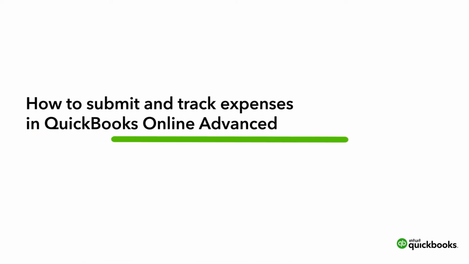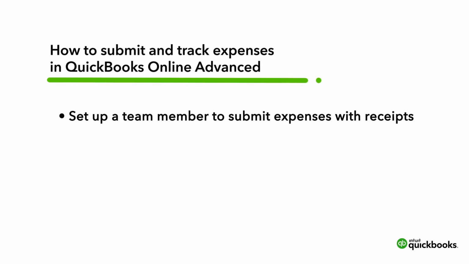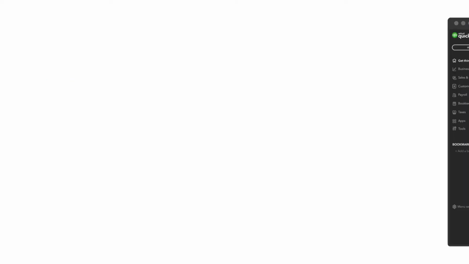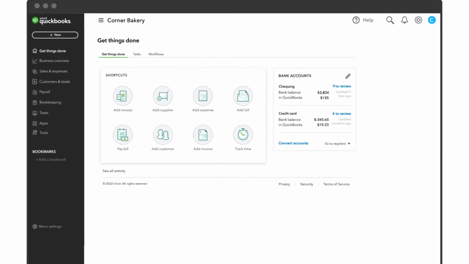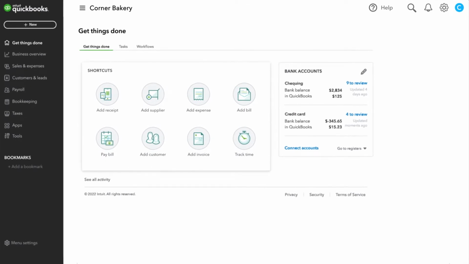With QuickBooks Online Advanced, your team can submit their expenses with categories and upload receipts for you to review. This helps you track and record employee expenses all in one place. Let's learn how to set up a team member so they can submit expenses with receipts, track, and record their